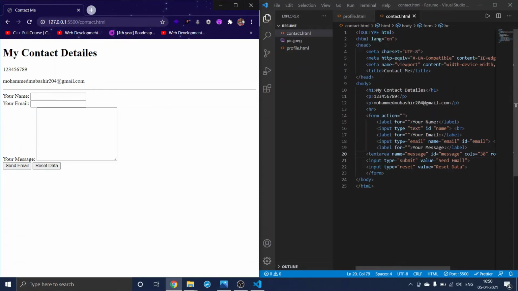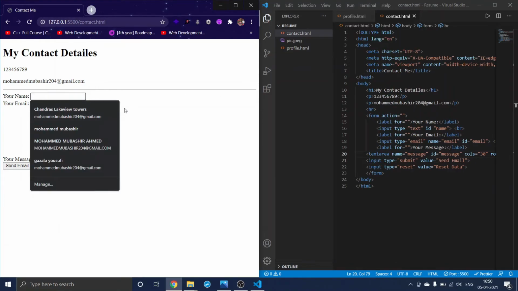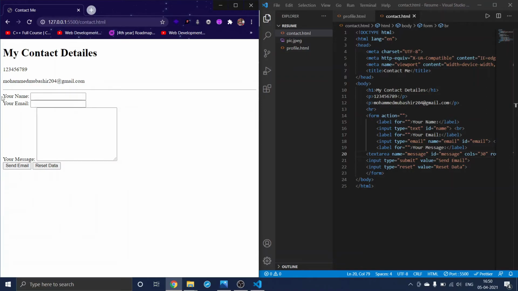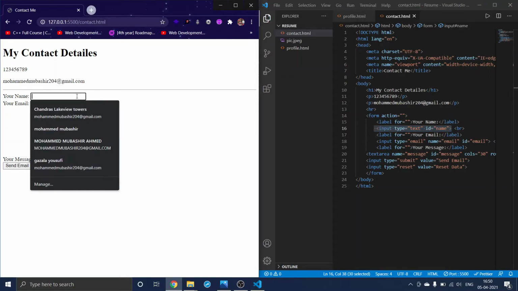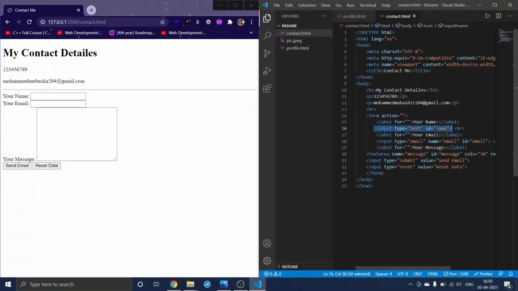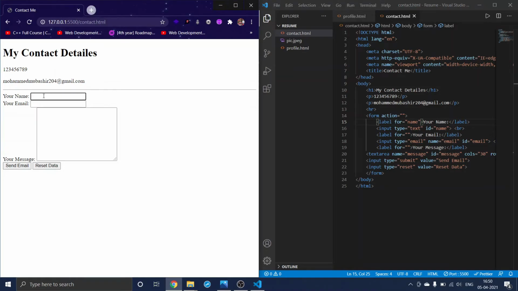So why I use label here is, for example, when you click on this you can type here, when you click on this you can type here. But what happens with for is, you gave an id for this input element, right? This input is nothing but this input. So you gave an id here, so we can access an element with the help of id. So this id I will give here for name. When I save this, what happens is, even if you click on this your name, you will get a cursor here in the input element.